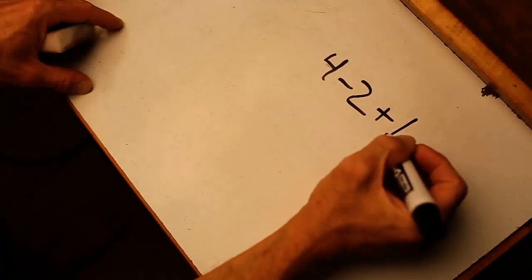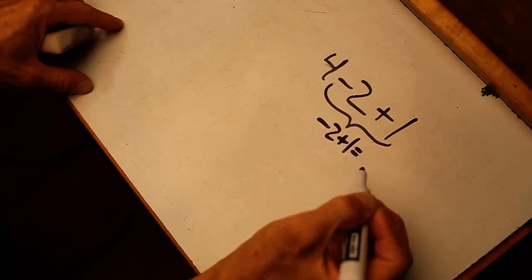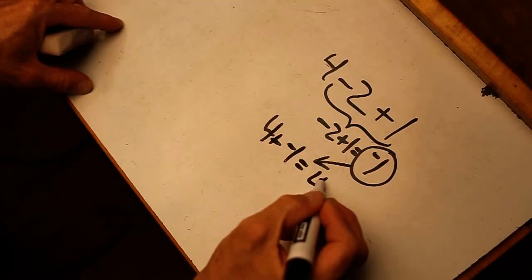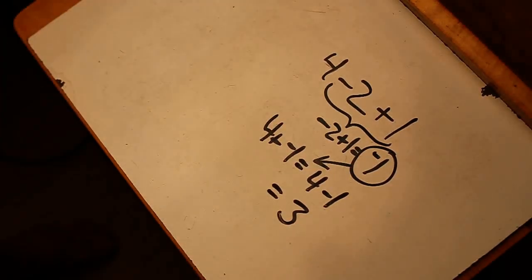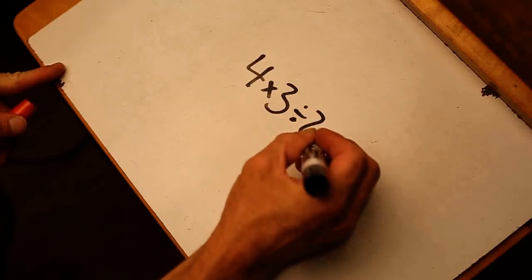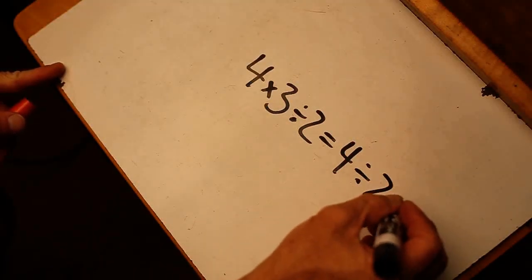And negative 2 plus 1 equals negative 1, and then 4 plus negative 1 equals 3. That's the same answer as the straightforward 4 minus 2 plus 1 equals 3, because the student was careful with his signs. Likewise, multiplication and division are equivalent, but the advanced student will quickly point out that they can be done in any order. 4 times 3 divided by 2 is the same as 4 divided by 2, and then